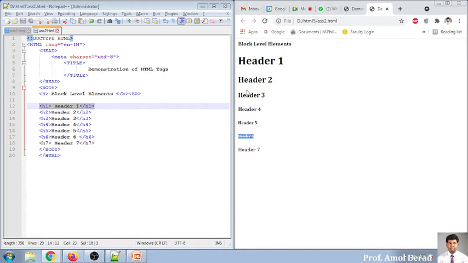H2 will display the content in a smaller format. The font size is automatically reduced as the number changes from 1 to 3. The bigger the number, the smaller the font size. Yes, this is called a block level element. Are you clear with this? Yes, sir.